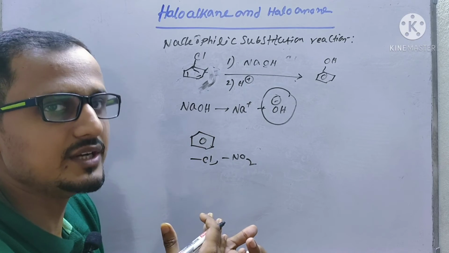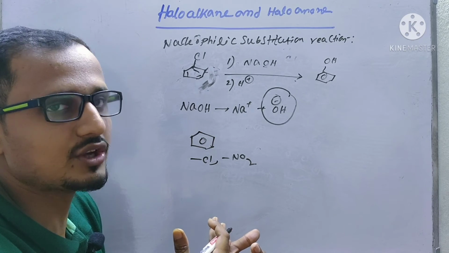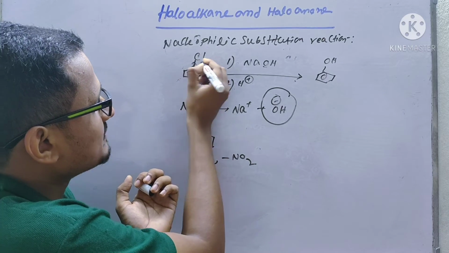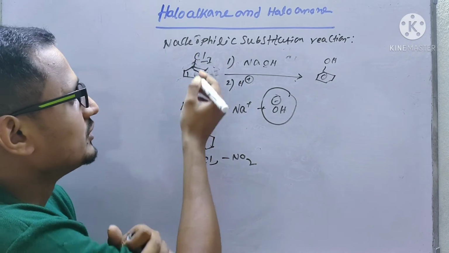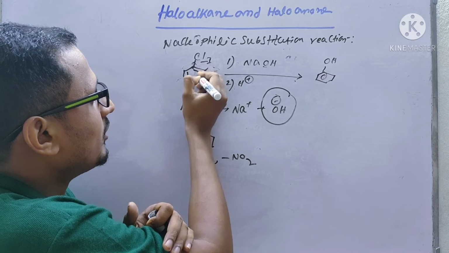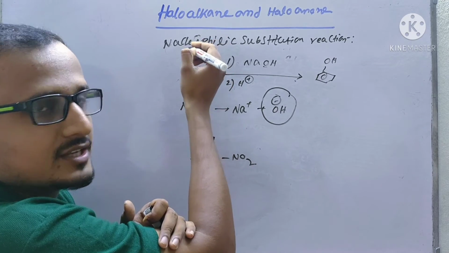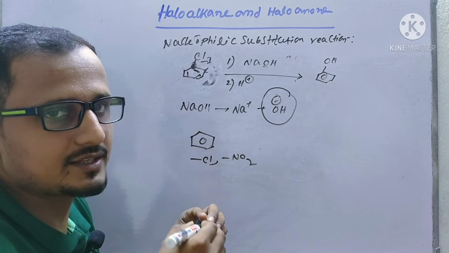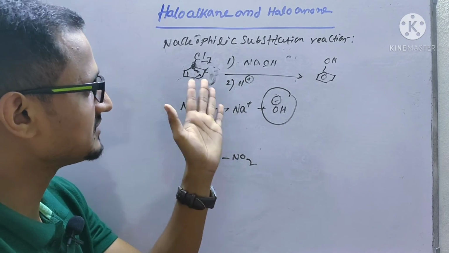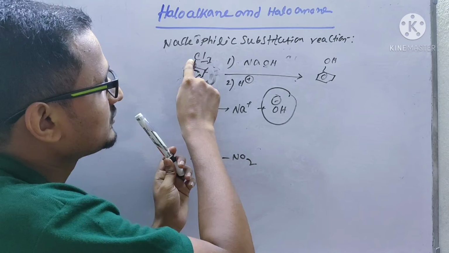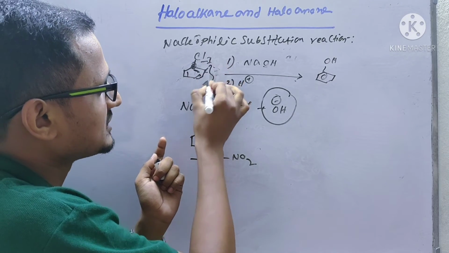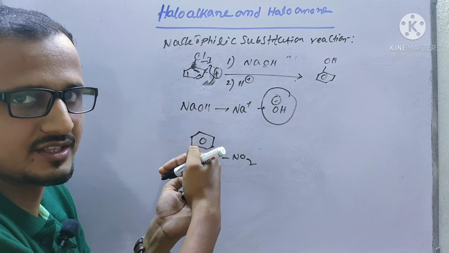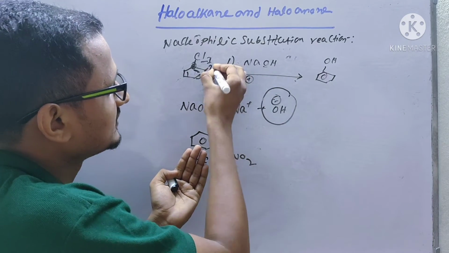And how will we decrease it? We have to add an electron withdrawing group. That means Cl. Now Cl has a minus I effect, so it will withdraw the bonded pair, that means the electron density found here, so that the electron density becomes less in the benzene ring. You can take this as a positive charge, as it is decreasing the electron density. So any negative charge can attack here.